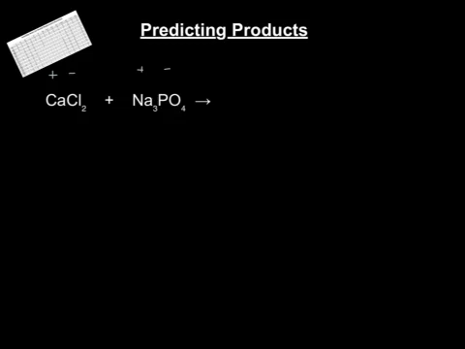The only other option for these things is to have the calcium switch what its partner is. So right now chlorine is attached to it, but if we instead replace the chlorine with a phosphate and move the chlorine over to the sodium, we're going to have 2 different products. So the first thing we do is we switch our ions. We're going to have the calcium, which is an alkaline earth metal, so it's 2+, and we're going to have